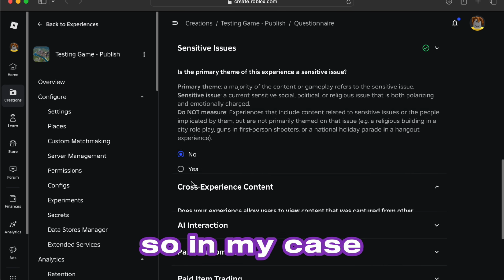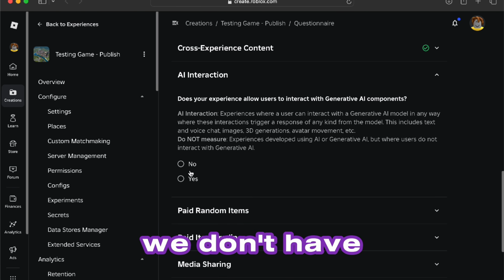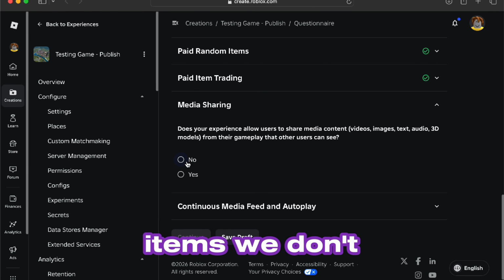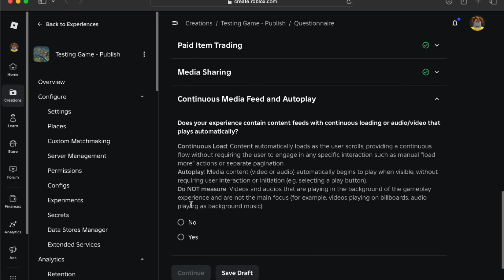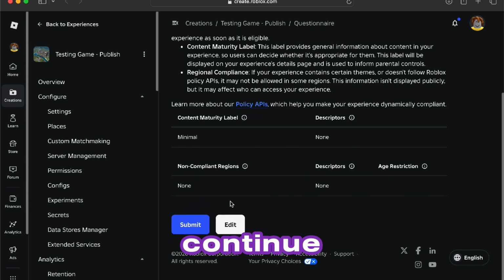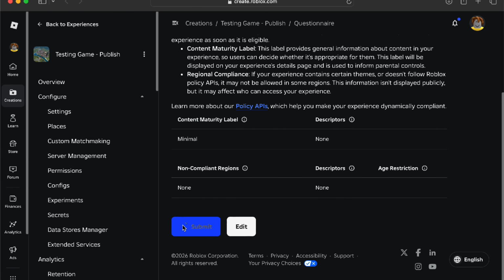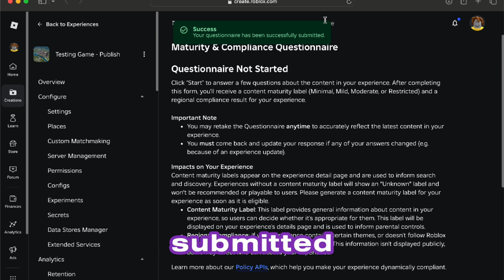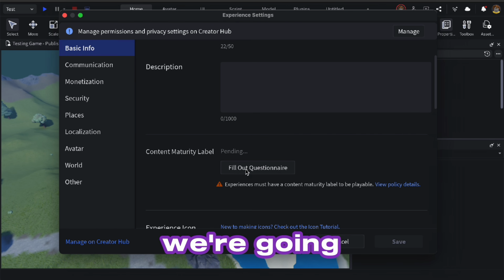So in my case, it's all no. We don't have any AI interactions, we don't have paid random items, paid trading items, we don't have media sharing, and we don't have a media feed. So let's click continue, and let's click submit. Success, your questionnaire has been successfully submitted. That's the first step. Once you've done that, we're going to go back on Roblox,